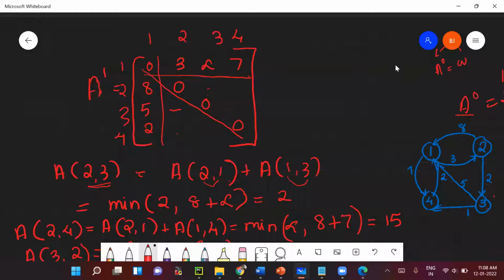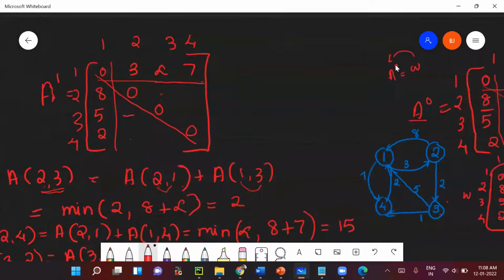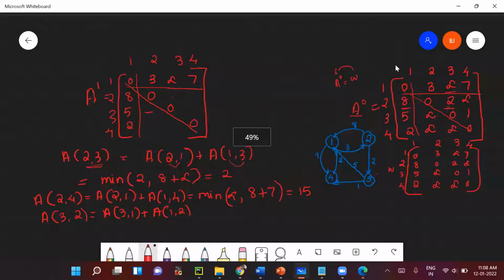Among this, if the path from 2 to 3 is lesser, then we will take that, or if the path from 2 to 1 plus 1 to 3 is lesser, we will take that. Okay, so we are using the min function. In this, what are the two values which we are going to pass? The existing distance from 2 to 3. What is the existing distance from 2 to 3? I have written in the graph, in A0, the existing distance from 2 to 3 is 2, right? I hope you are able to see, existing distance is 2.